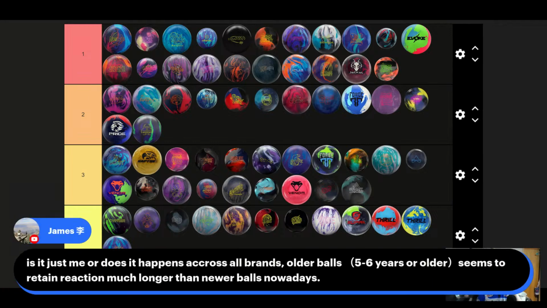This is an interesting point. Is it just me, or does it happen across all brands? Older balls, 5 or 6 years or older, seem to retain reaction much longer than newer balls nowadays. Yes and no. The thing is that all new balls have a break-in period. The stronger or more dynamic the ball is out of the box, the more you're going to notice it when it settles in. Something that's already medium strength, like a Summit Ascent, you're not going to notice that big of a difference. Messenger Power Core Pearl, stuff that's shinier to begin with, flippier stuff, you're going to notice it's going to get smoother, and really strong stuff when it lane shines is going to get quite a bit